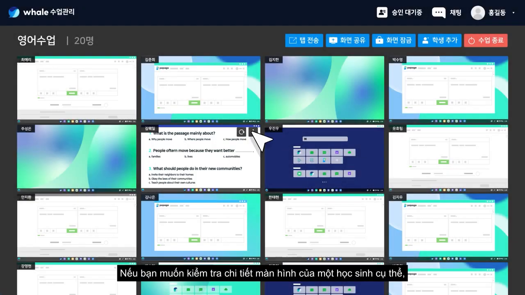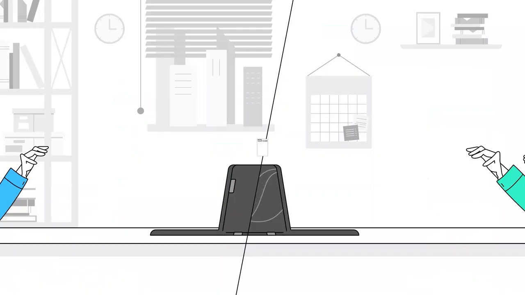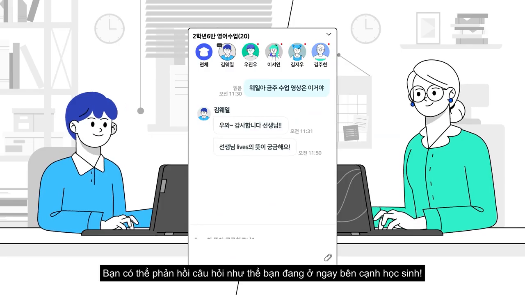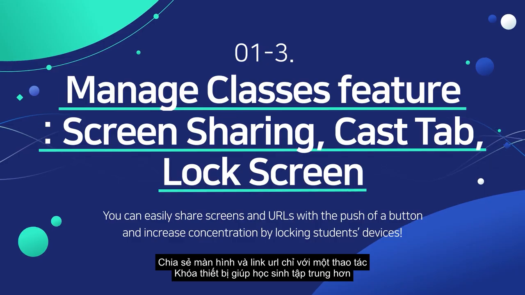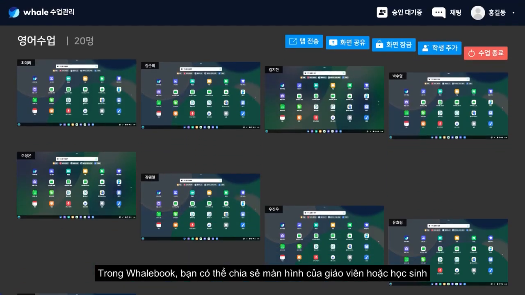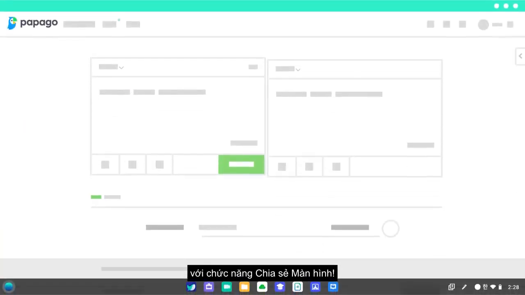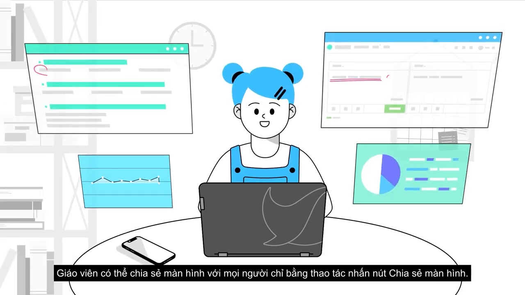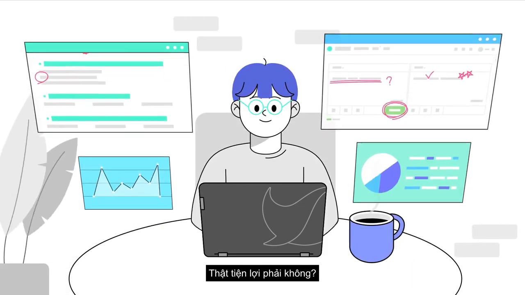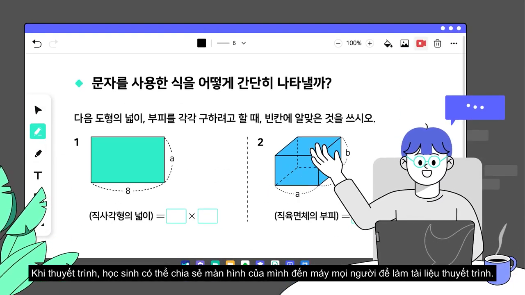If you want to check a specific student's screen in detail, you can use the monitoring function to monitor it individually. Provide feedback as if you're right next to them. In Whalebook, you can share the screen of the teacher or participating students with the screen sharing function. The teacher's screen can be shared with everyone by simply clicking the Share Screen button. Isn't that convenient? When there is a presentation, a certain student's screen can be shared with everyone and used as